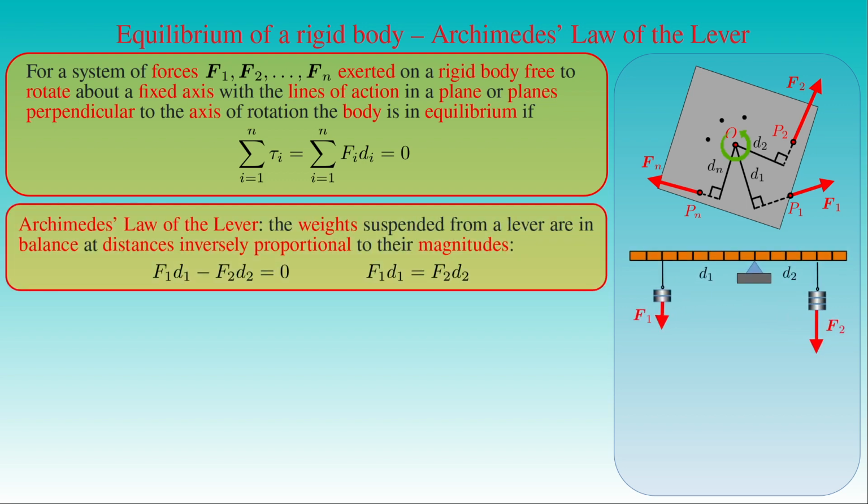Archimedes' law of the lever is just a special case of this condition for n equal to 2, stating that the weights suspended from a lever are in balance at distances inversely proportional to their magnitudes. If the force F1 represents the weight suspended from the left arm of the lever at the distance d1 measured from the pivot of the lever or its fulcrum, and F2 is the weight suspended from the right arm of the lever at the distance d2 from the fulcrum, then we can write that the magnitude of the force F1